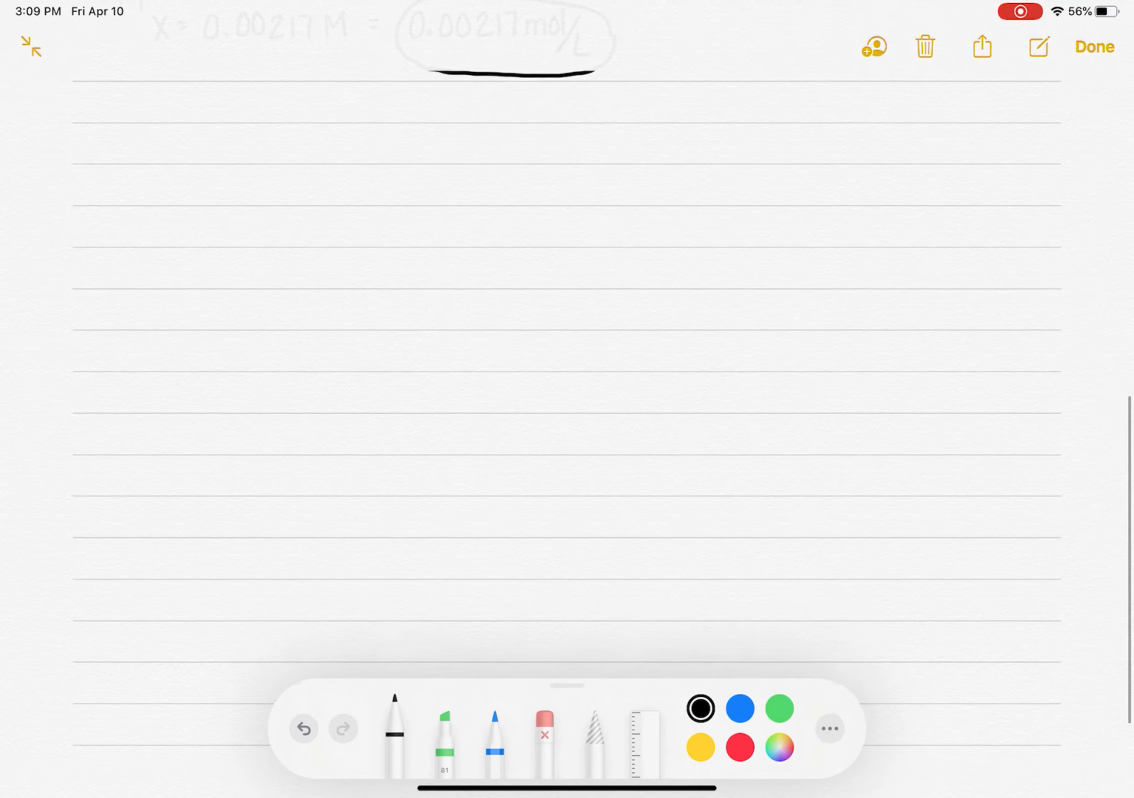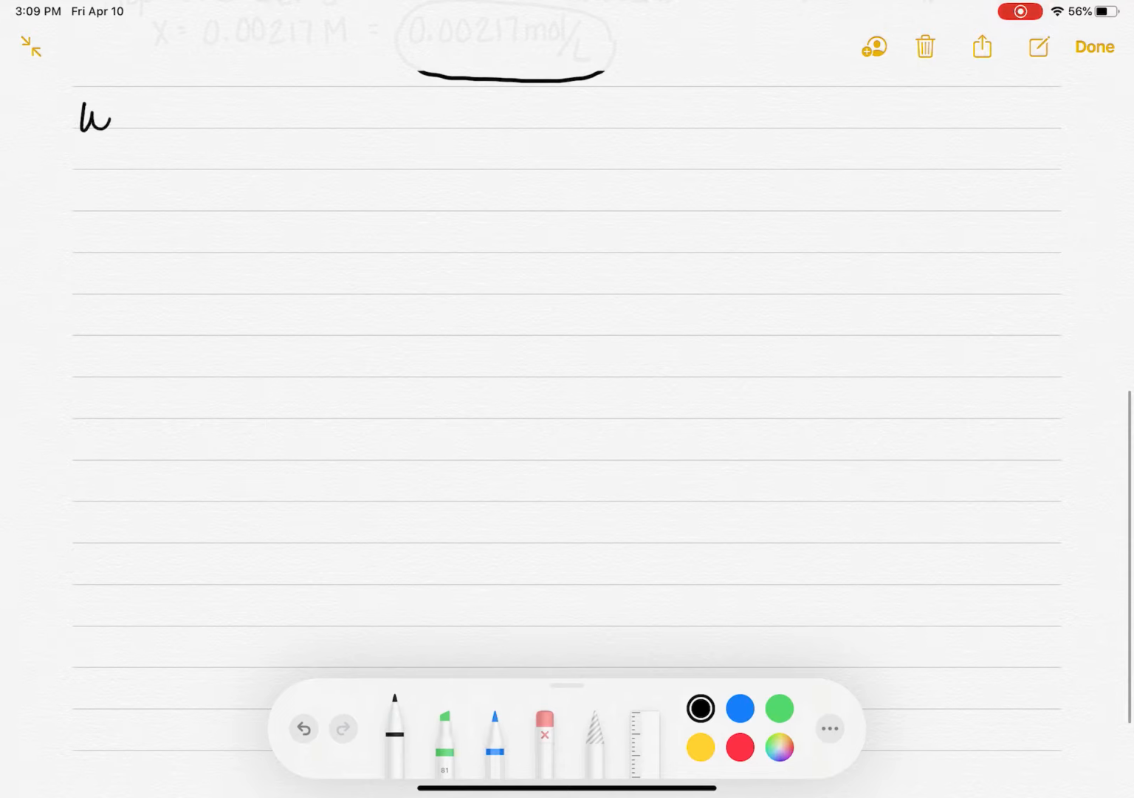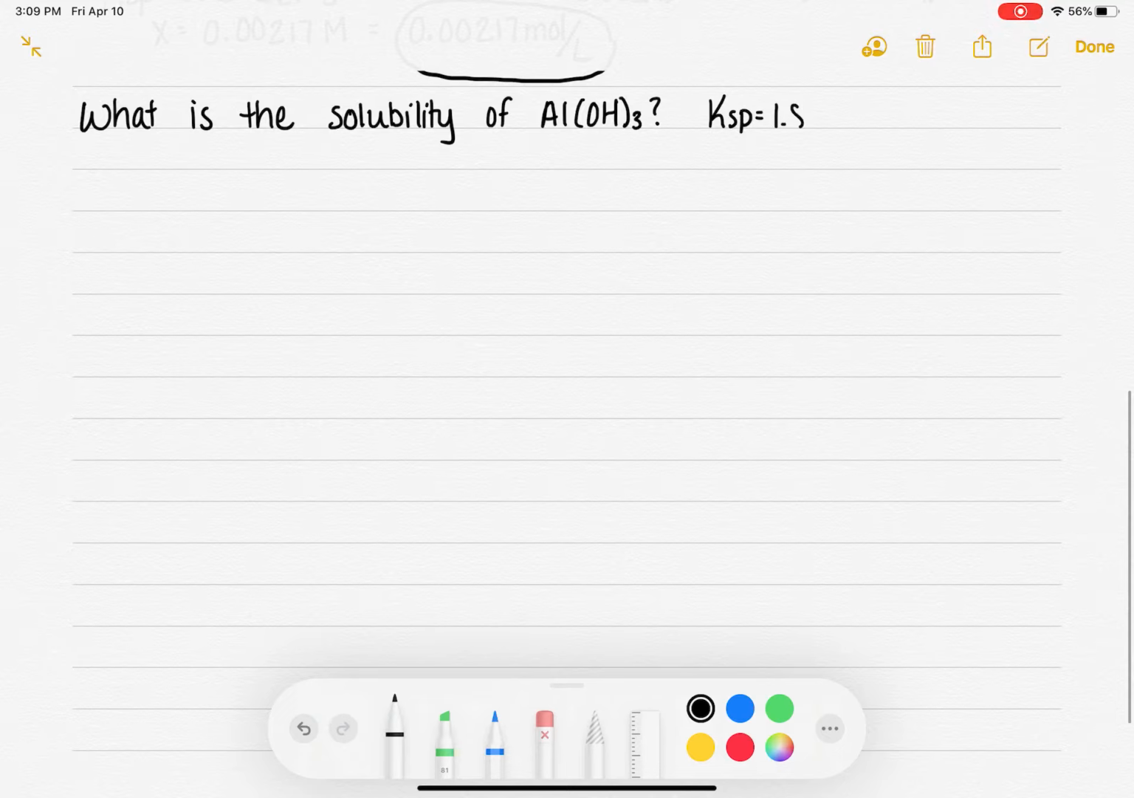The next one that I want to show you is: what is the solubility of aluminum hydroxide, Al(OH)3? And for this one, Ksp is 1.8 times 10 to the minus 33. So this one is very similar to the last one that we did, but we're being asked for solubility instead